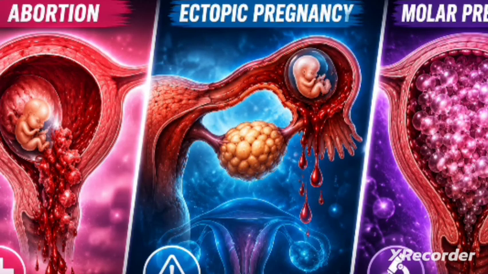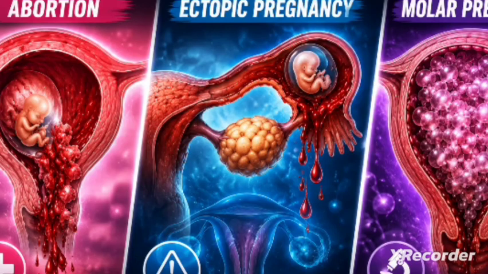Missed abortion: the embryo is not there, as in a blighted ovum, where the embryo is not in the uterus. Missed abortion is when the heartbeat of the fetus is not heard by either Doppler or CTG. Then the other is inevitable abortion, where the cervix is open but products are still there.